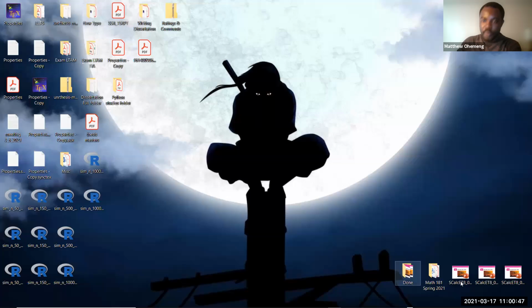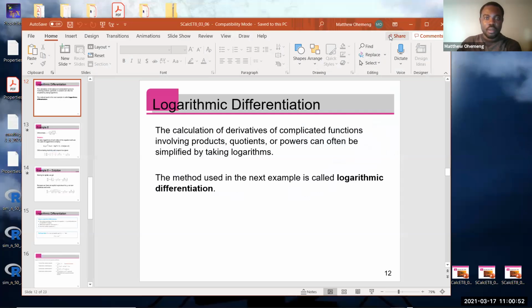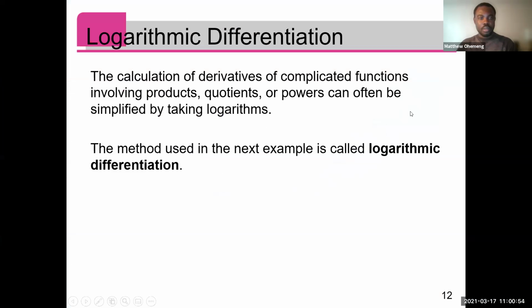Please, I'm sharing my screen. If you can't see, do let me know. 2.6. Okay, so